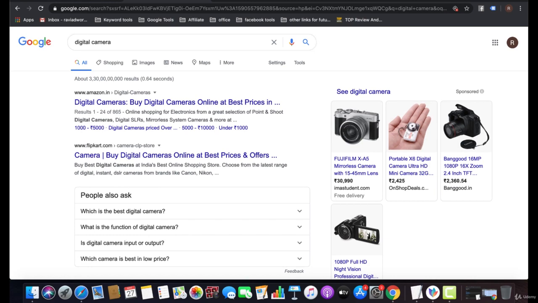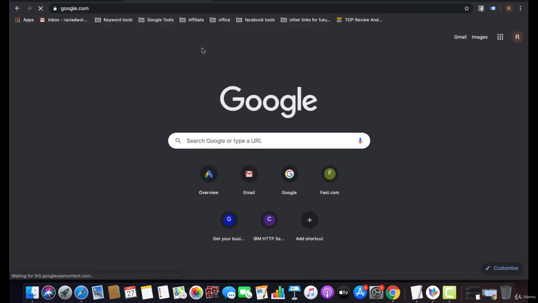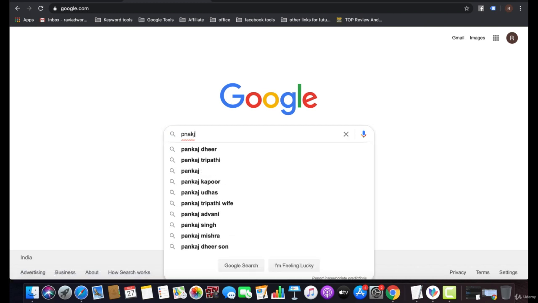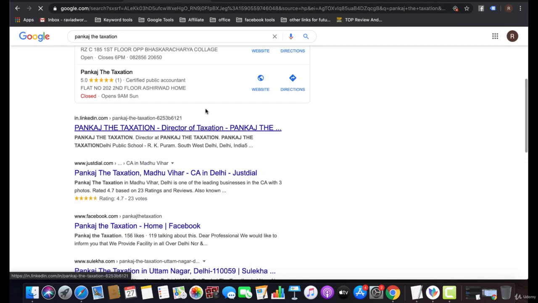And now we will go to the campaign creation part. We will create a search campaign, and in that campaign we will show everything about ad copy, extensions, keyword intents, and all the things. Now I am going with one of my clients, and I'm going to use his website.